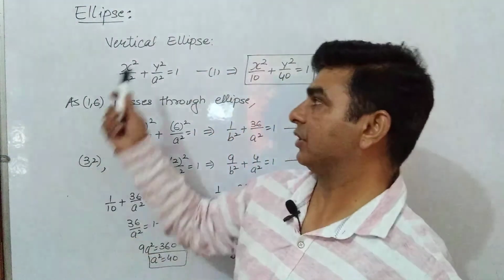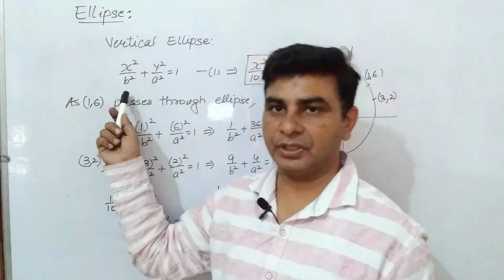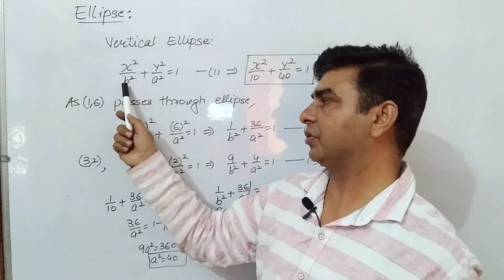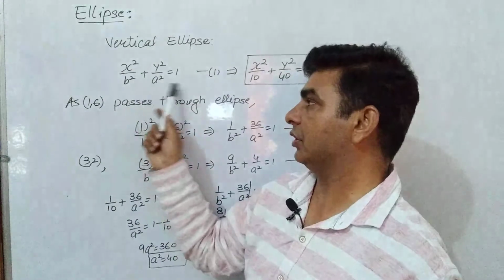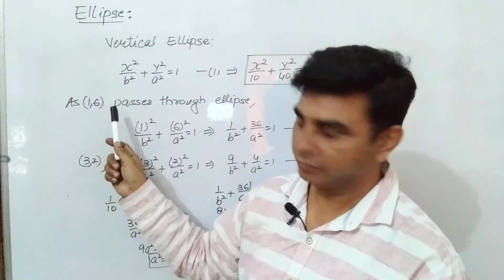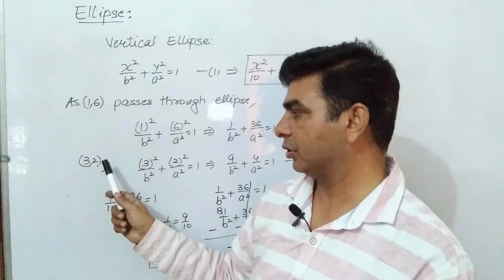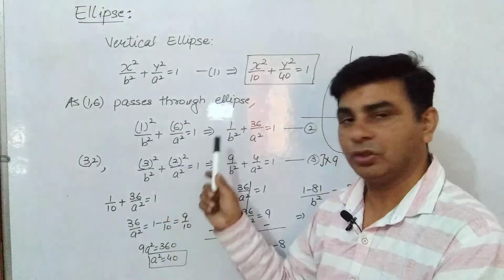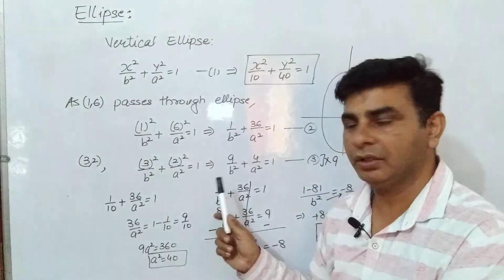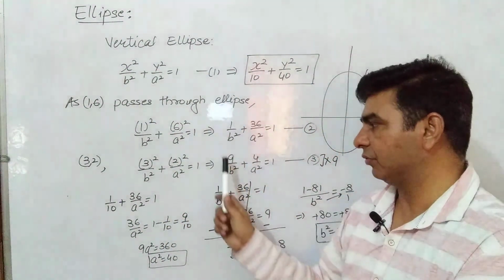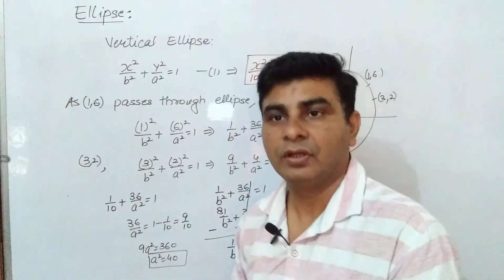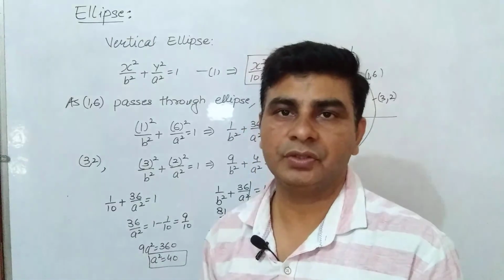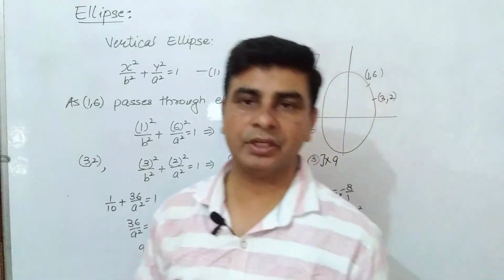So ऐसे ही पहले आप standard equation of horizontal ellipse लिखेंगे, which is given by x square by a square plus y square by b square is equal to 1, and then you have to just pass through the given 2 points 4,3 and 6,2. We will find the two equations in the form of a square and b square, then eliminate one of the a square or b square, you will get the value of a square as well as b square in this way. So this was all about the exercise 11.3.